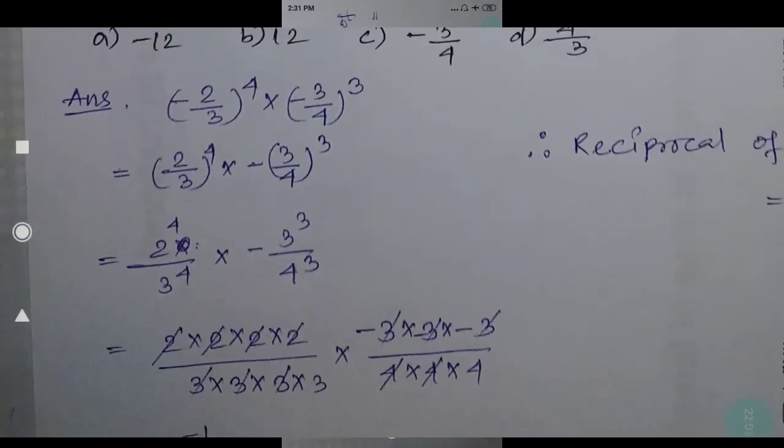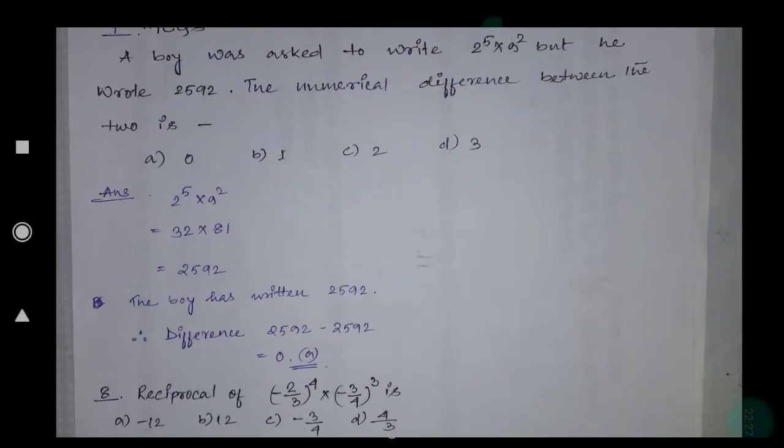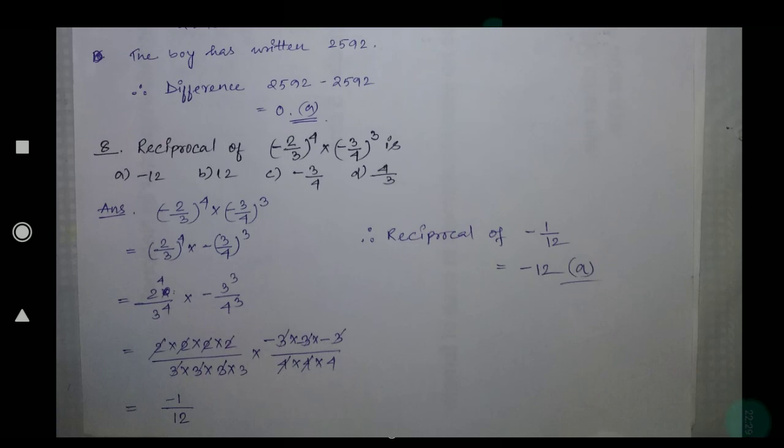2 power 4 means 2, 2, 2, 2, like this, 4 times I have written. 3 power 4 means like this. So see here, 3 cube means I have written 3. Minus is there. You can write the minus at first, or here also you can write minus 3, minus 3, minus 3, like this. So at last you will get the same answer only, but it should be correct. Okay. So minus 3, minus 3, minus 3, and 4 into 4 into 4, because 4 cube is given. Now see, I have written 4 into 4 into 4.